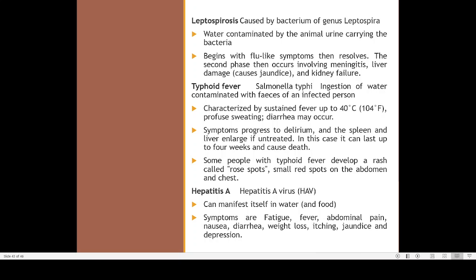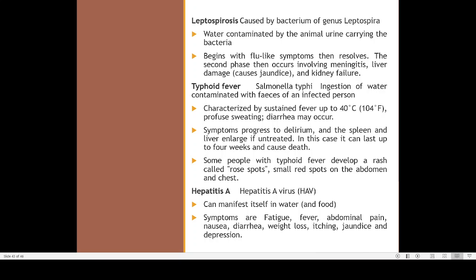So in case of typhoid fever, see here also you can find that. Earlier they are showing that rose spots are there. See here you can see these kinds of rashes on the abdomen, rose spots on your body. All these are indications that it is typhoid. So this is how typhoid can be a dangerous disease. It can lead to death. And the type of bacteria that is causing typhoid is known as Salmonella typhi.